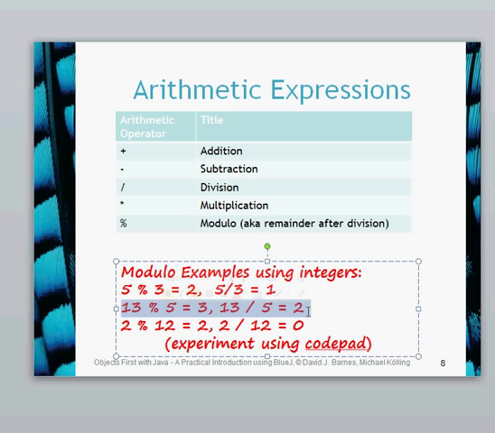However, there is some remaining. So there is actually 2 remaining. So 2 modulo 12 equals 2. Now, if you're unsure about that, then I want you to just experiment a little bit with what we use